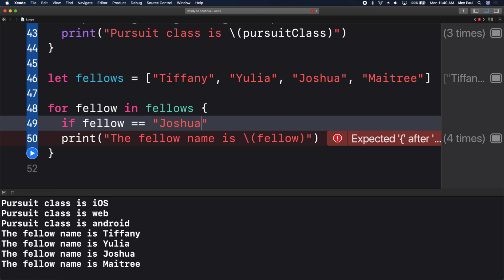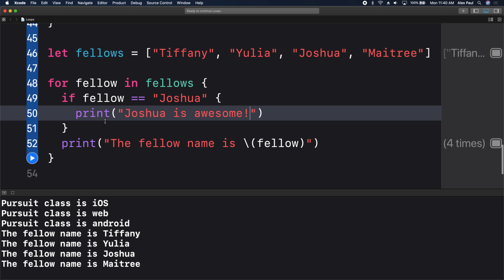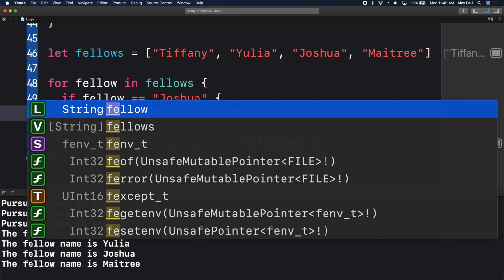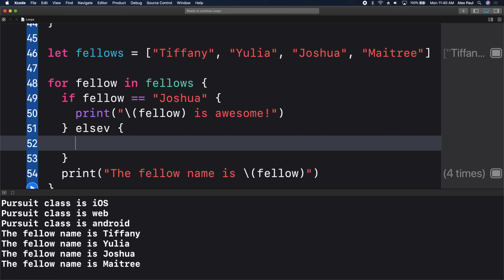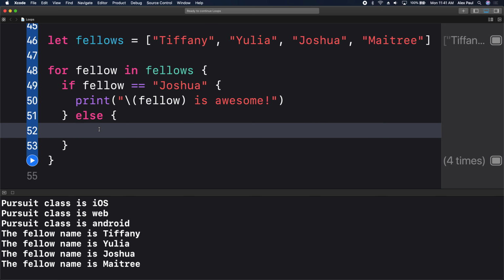Joshua, right? We want to say if fellow equals Joshua, then print Joshua is awesome, or fellow, rather. Right? Else, print fellow